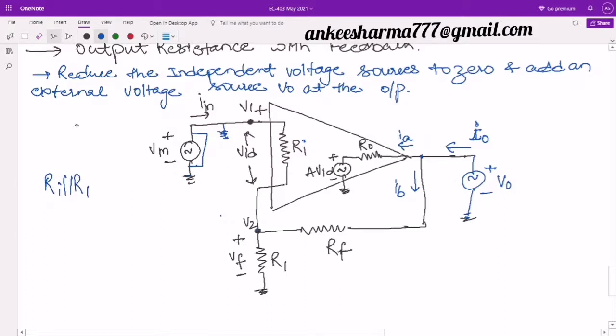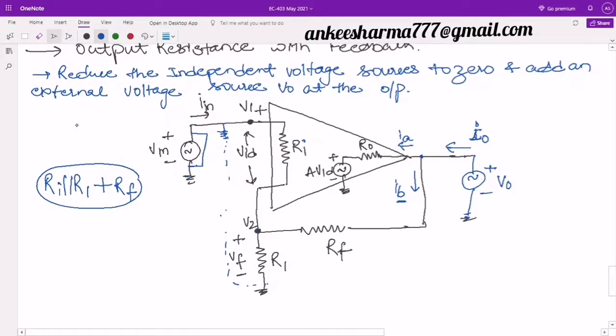Again फिर से देखिए, this is my resistor R1 whose one end is connected to V2. This is another resistance RI whose one end is also connected to V2, and their other ends are connected to ground. It means if I join these two ground points, can I say this RI and R1 are in parallel? Very simple. This parallel combination is connected in series with RF. So this is the resistance that will be faced by this current IB, equal to RI parallel R1 plus RF.